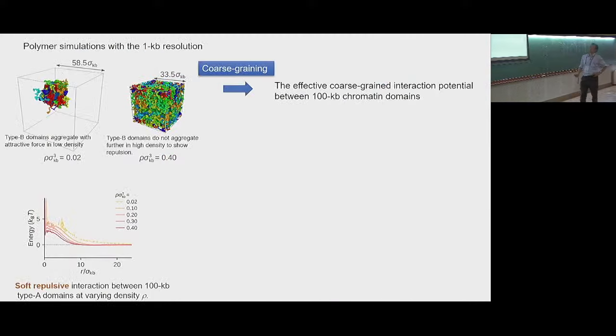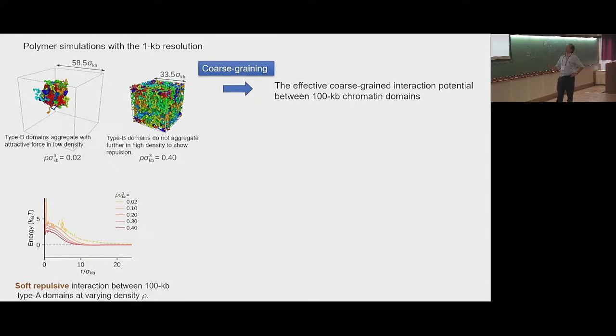And this is the snapshot of the simulated structure. When type B domains are confined in a box with a low density, they aggregate because of the HP1-mediated intrachain attractive force. But if the system is dense, as in the in vivo situation, then we have a different situation. There is no further aggregation here. This can be plotted to derive